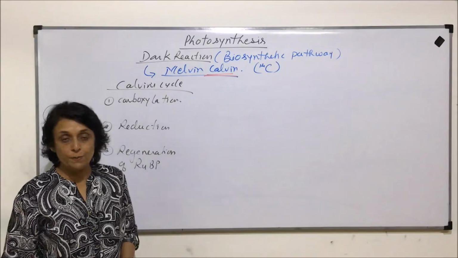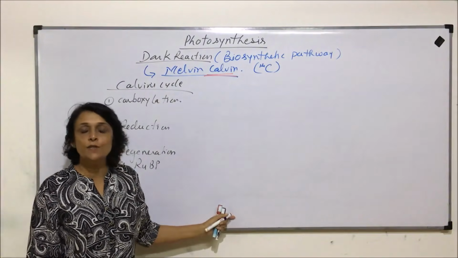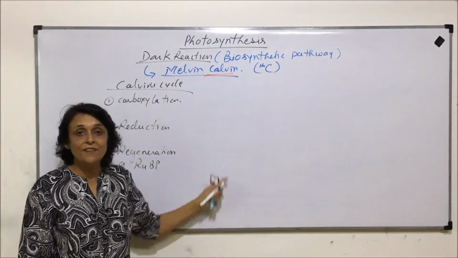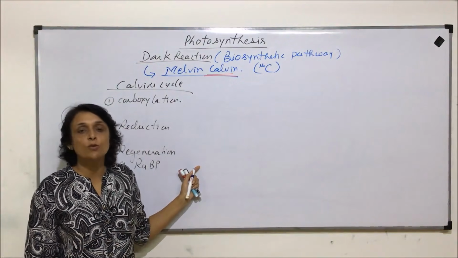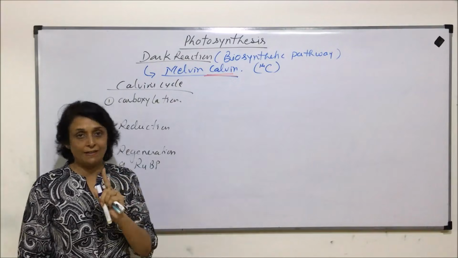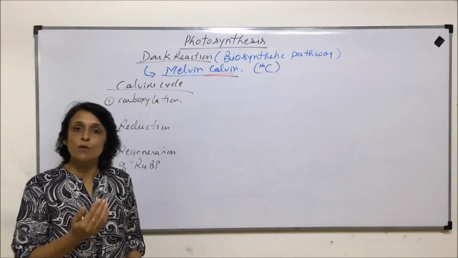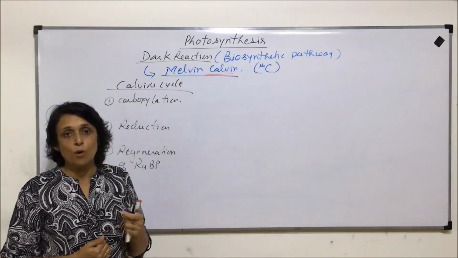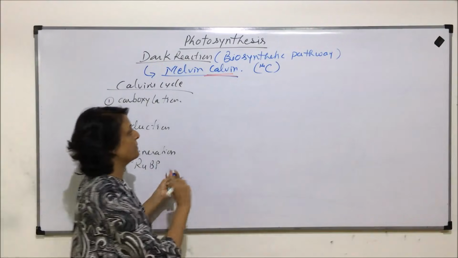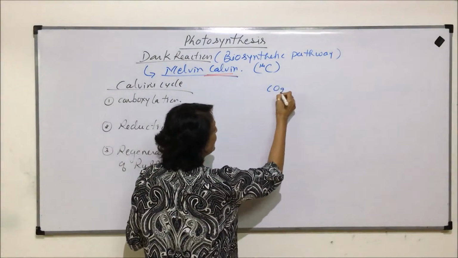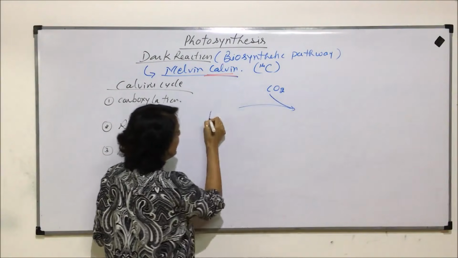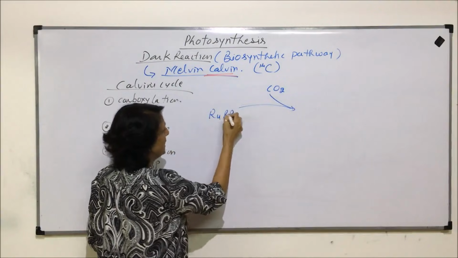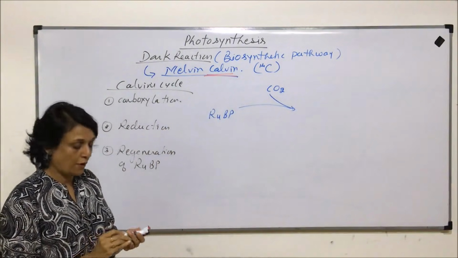For our convenience, to understand the entire process clearly, we are going to start with 3 carbon dioxide molecules accepted by RUBP. And by the end of the cycle, we will understand why we have started with 3. But in nature, when plants synthesize glucose, they start with 1 carbon dioxide. That means every time only 1 carbon containing molecule, that is CO2, is accepted. So this is the carbon dioxide molecule which is accepted by RUBP, that is rubulose biphosphate.